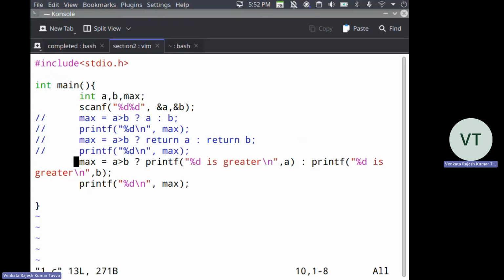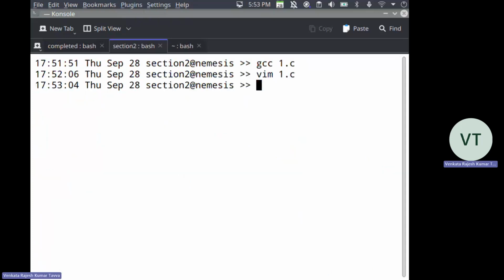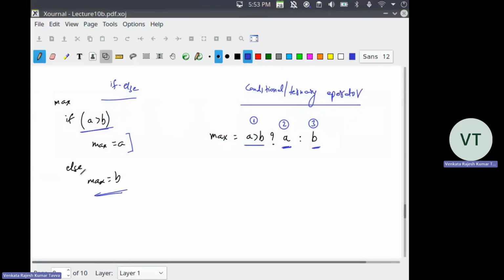Okay, you can nest your conditional operators also, but that is slightly complex, so let's not get into that right now. Just understand one level of conditional operator, and you have to use only expression statements in conditional operator. That's all. These are the two things you need to understand. Okay. And next,